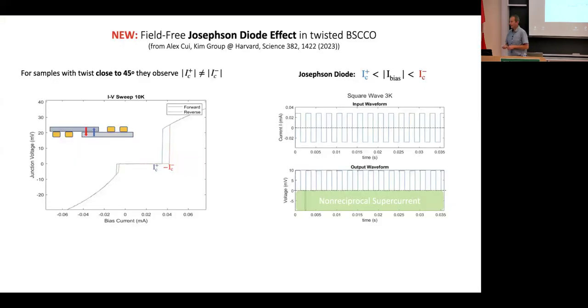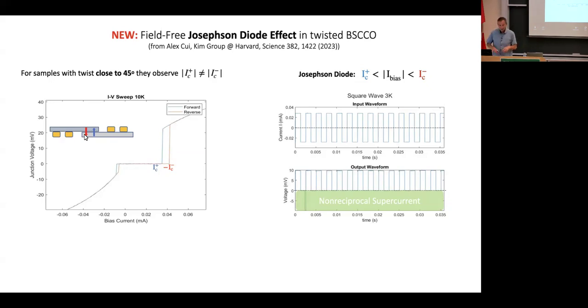Now, perhaps more tellingly, they reported a little later the so-called Josephson diode effect, which is a direct probe of time reversal symmetry breaking. So again, very quickly, what is the Josephson diode effect? You have a Josephson junction, which is shown here. And normally, you would expect that it's a reciprocal device, that the current, whether it flows up or down, as indicated by those arrows, the characteristic of the junction should not depend on that. When that's not the case, when the junction is non-reciprocal, that's called the Josephson diode effect.